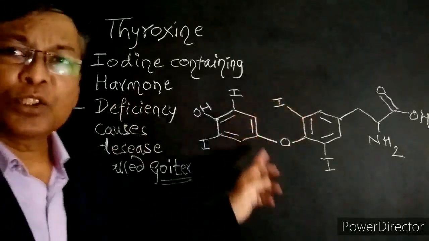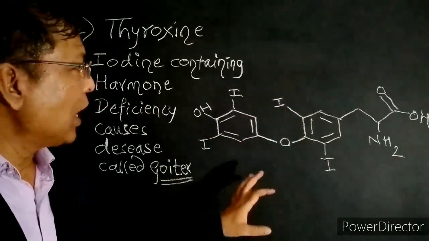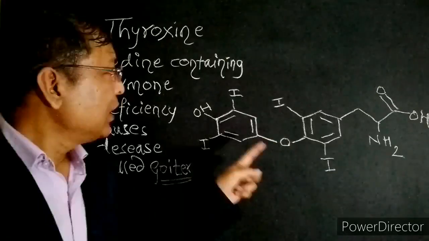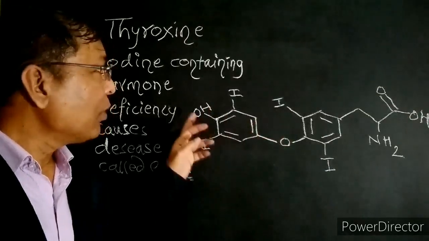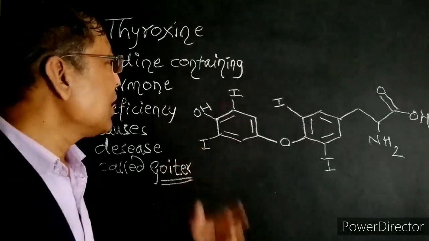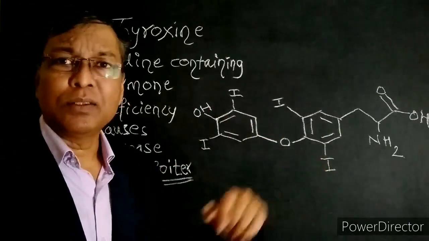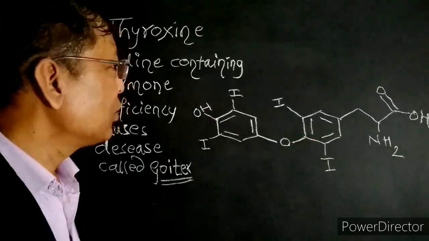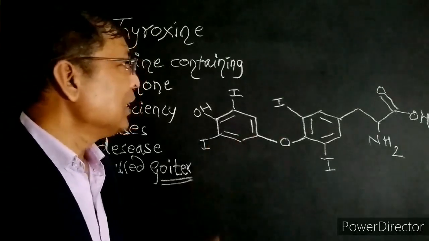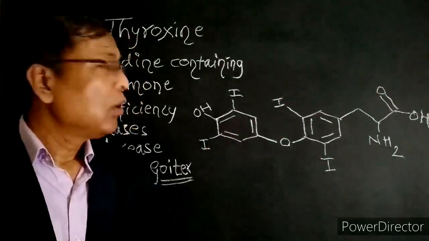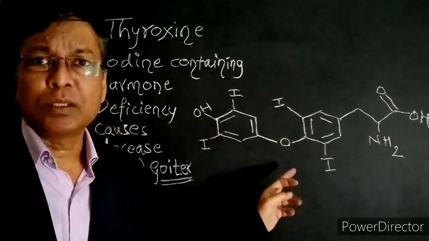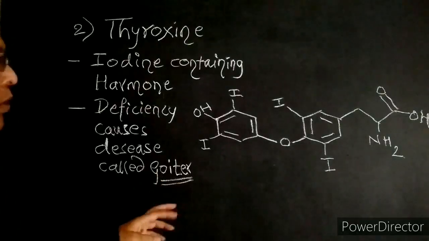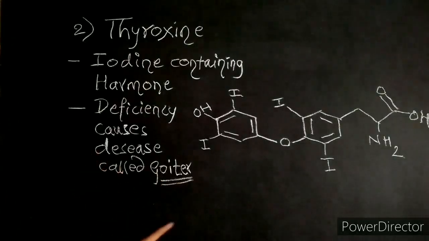This is the structure of thyroxine. You have to remember the structure, or at least try to remember the number of iodine atoms and number of hydroxyl groups. They may also ask how many benzene rings are present in thyroxine. If you see here, there are 2 benzene rings present in thyroxine. They frame many questions on the structures. Therefore, please pause the video, freeze the video and take down all these points.